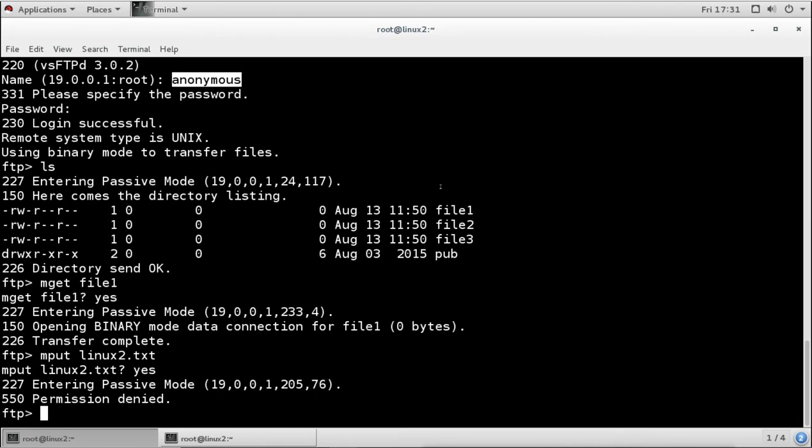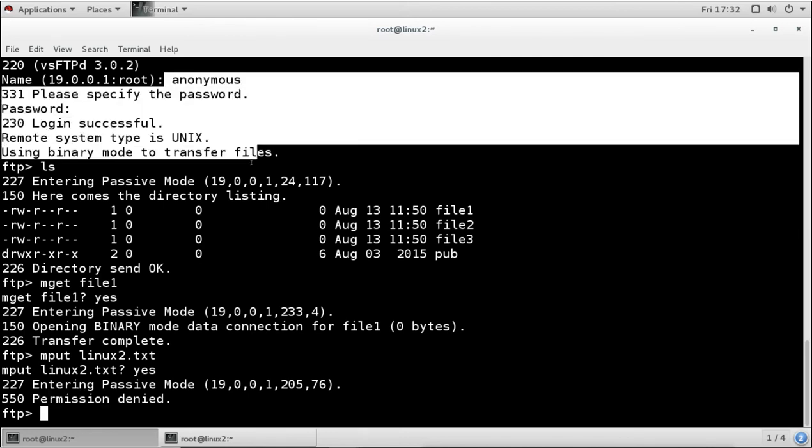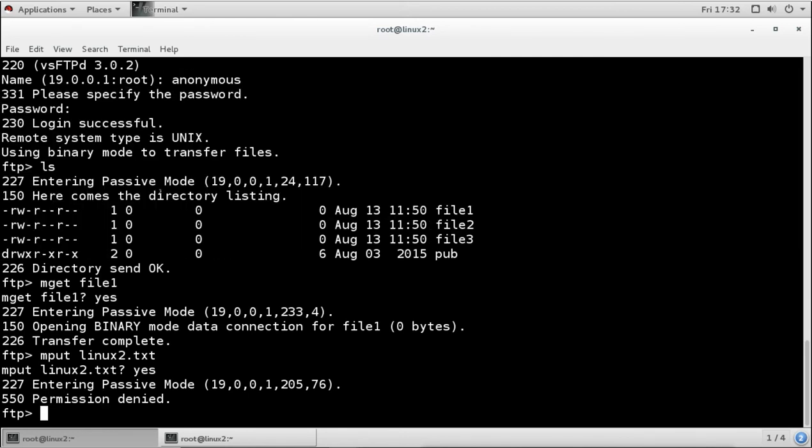So what can it do? It can download the files, and also it will go to the default directory of FTP, that is /var/ftp. It can download the files from there, but it cannot upload the file. It is denied, permission denied, because it is not an authenticated user. So by default it is not allowed to upload anything on server. So this is the default configuration. Anonymous user is enabled, it can log in. When it logs in, it goes to the default directory, that is /var/ftp of server. Then it can download the files from there, but it cannot upload.